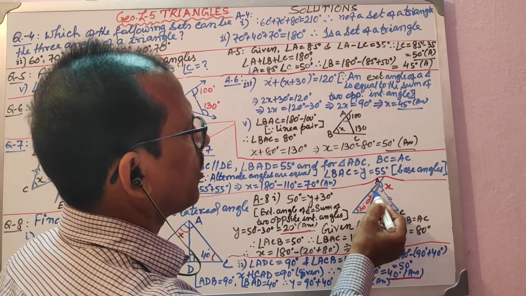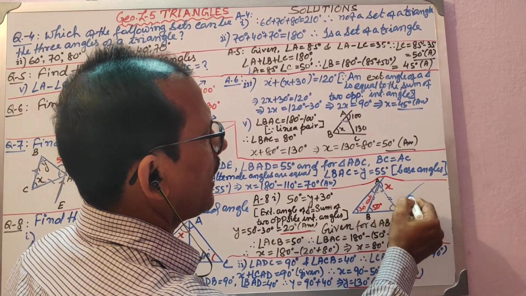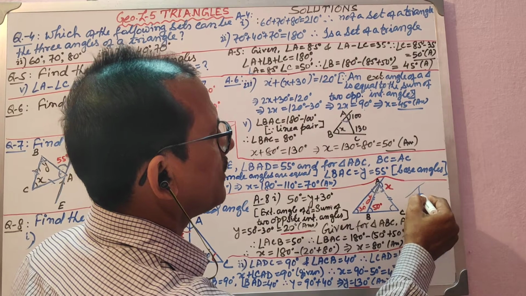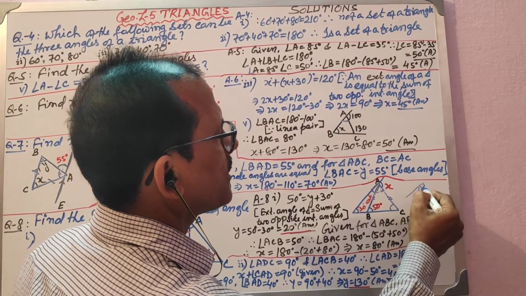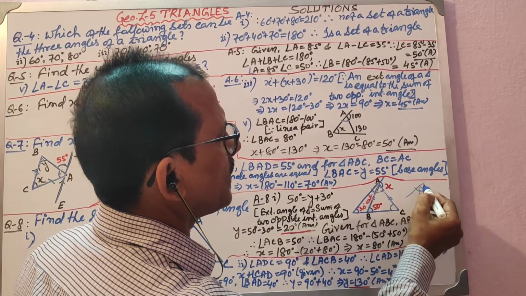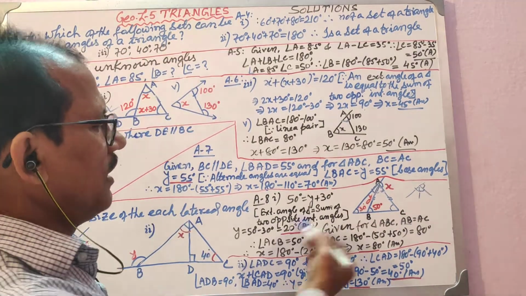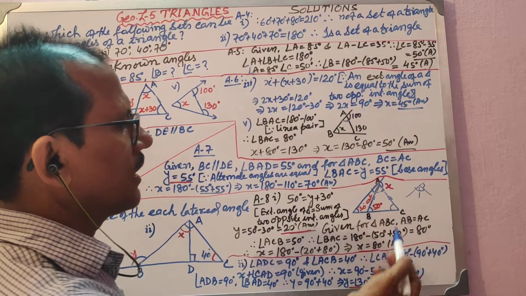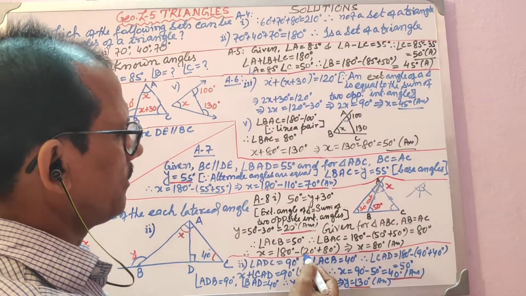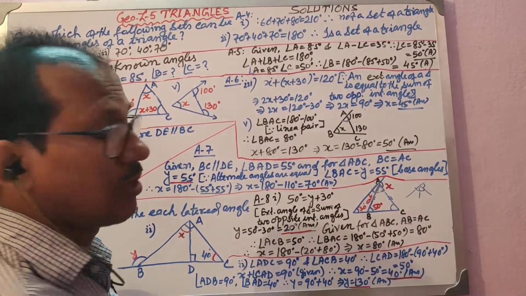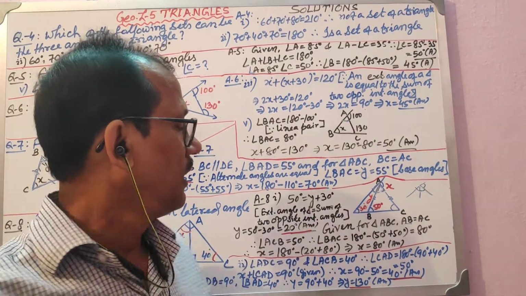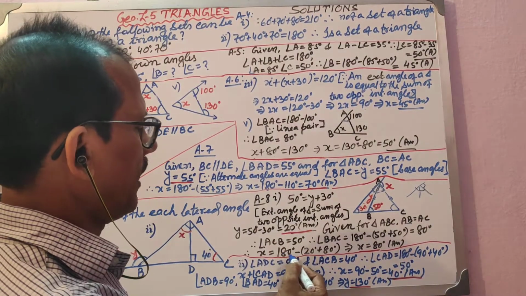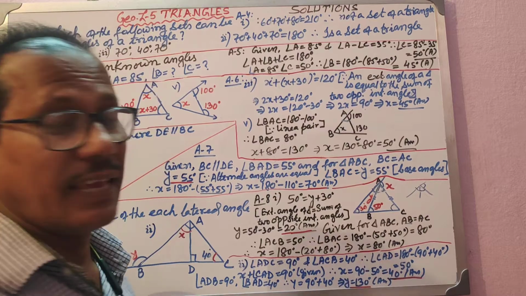And here you have got 20 degree, x on a line. Three angles are there. This one is x, this is 80 degree, this is 20 degree. x will be 180 minus the sum of 20 plus 80 degree. That is, x is equal to 180 minus 20 plus 80 degree. 180 minus 100 degree. So x is equal to 80 degree.